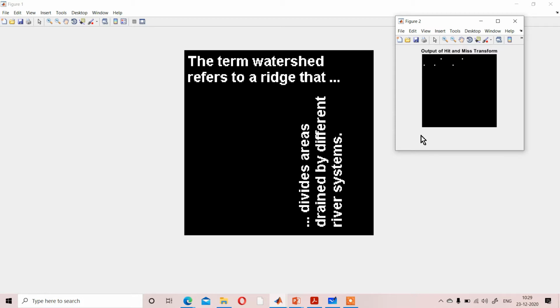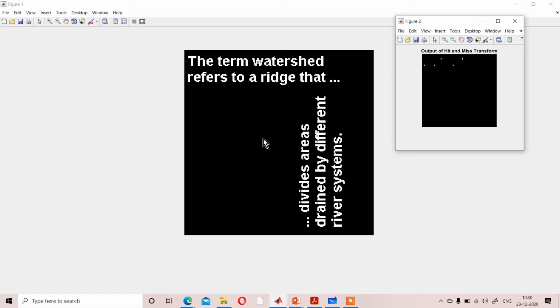Exactly, because that technique is considering R as an image, not anything else. So it is matching that image with all the other images, and if the match happens, then it shows the result. But here, as the orientations are different, if it is trying to match the result, this R will not match that R. So it will not show the result.